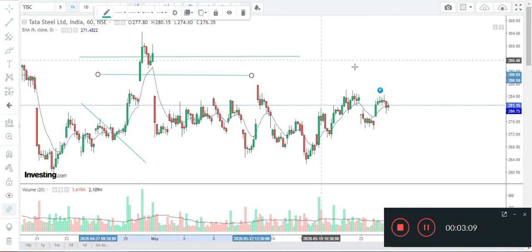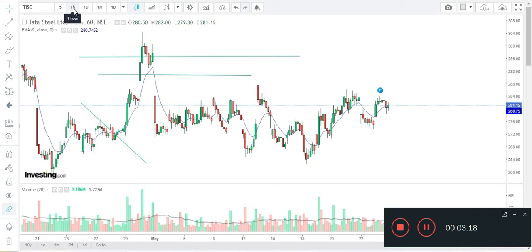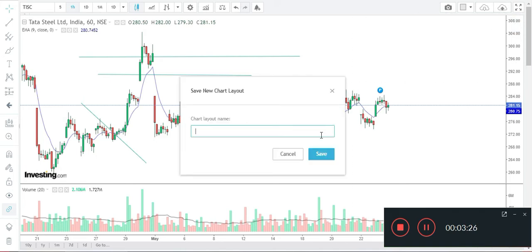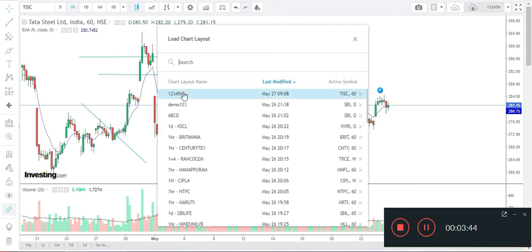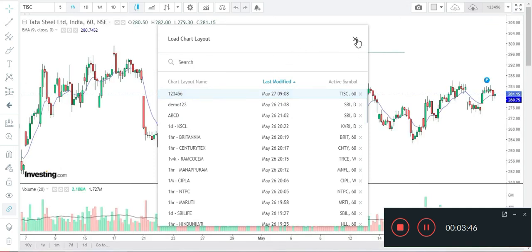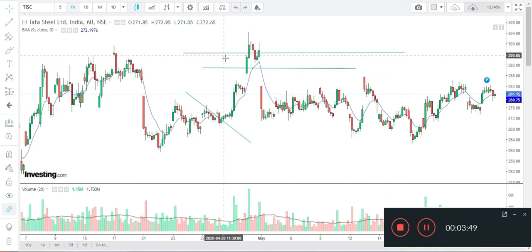Right. Earlier I had mentioned layouts, right? So what exactly is this chart layout? When I have done editing this, you can see that this chart is in 1 hour, and I have added some markings. Now you can move on to here and you can save the chart layout. I will give some name for this chart, like 1 2 3 4 5 6, right? And I'll save this. So next time, if I want to load the same thing again, I can click this load chart layout button here. Yeah, and you can see the markings that I had done before are restored.